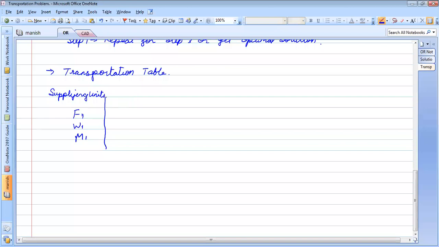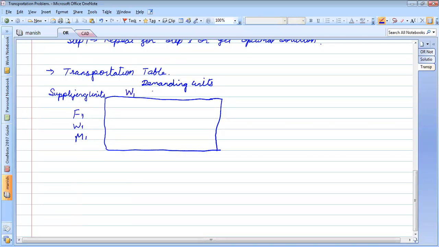Then here you will have the demanding units. Demanding units can be your warehouse, retail shop, shopping malls, it can be anything. Then we will draw the columns for them.